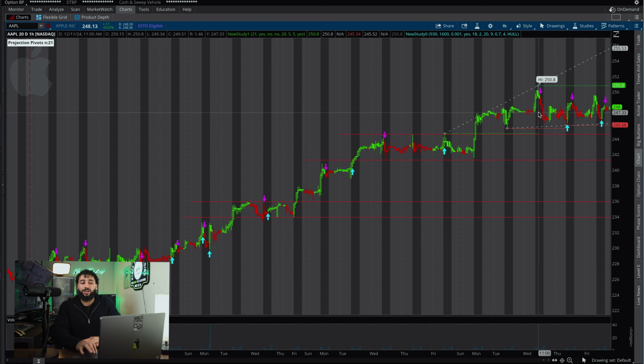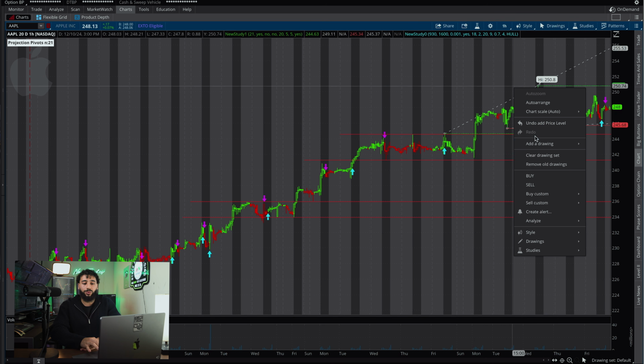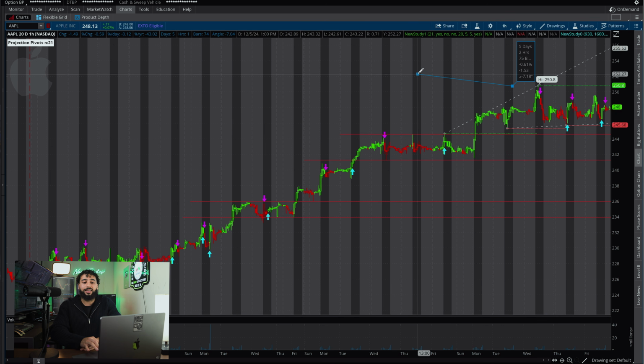I like to use a range like that so you don't get too focused on using a specific number for a breakdown or breakout. It'll help you not get caught in false breakouts or false breakdowns. So what I'm going to use for Apple here, hopefully this happens this week or the next 2 weeks so you can see exactly what I'm looking at, is I'm going to use